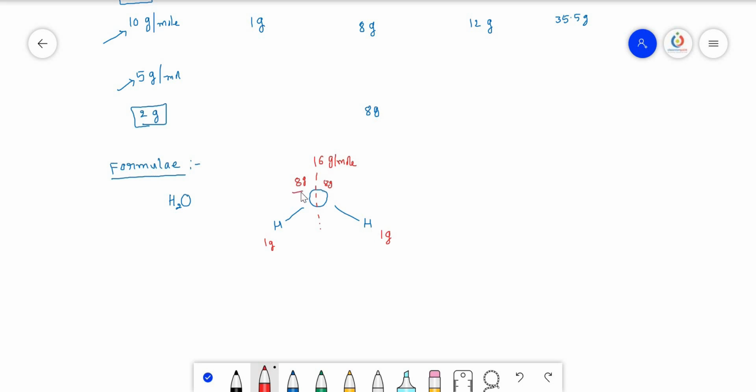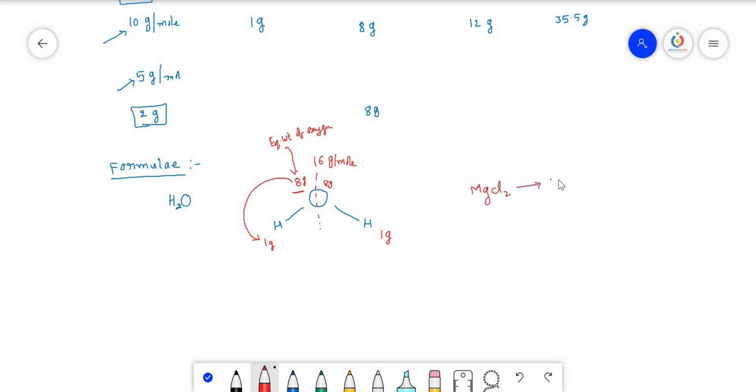So this is the mass of oxygen that is able to combine with 1 gram of hydrogen. Then this is called the equivalent mass, or equivalent weight, of oxygen. So to repeat the definition once again, the equivalent mass is the mass of an atom that is able to combine with 1 gram of hydrogen. So here 16 grams is divided into 2 parts, 8 grams and 8 grams. 8 grams combined with one hydrogen, and the remaining 8 grams combined with the other hydrogen. Similarly, let us take magnesium chloride.